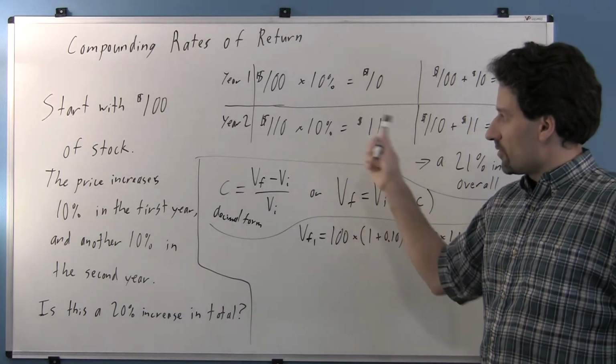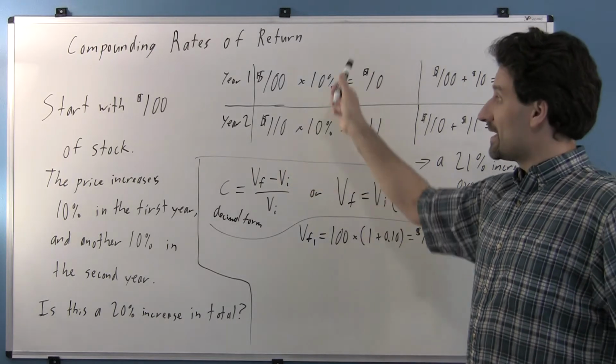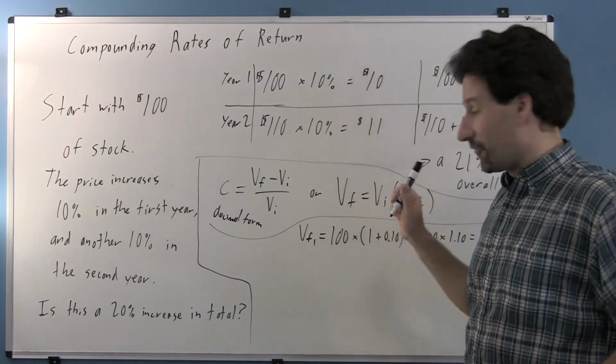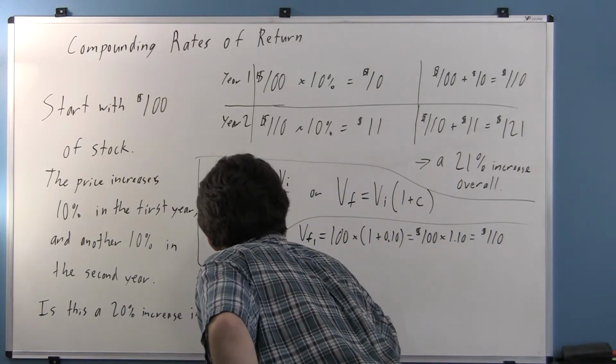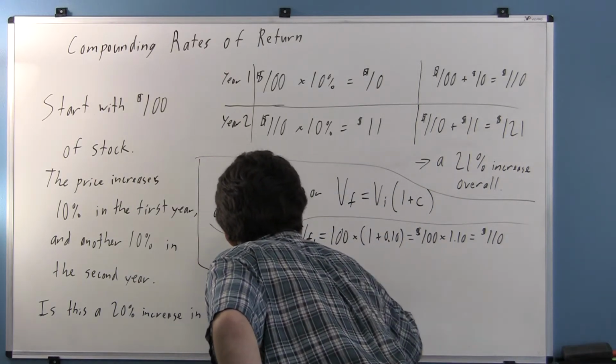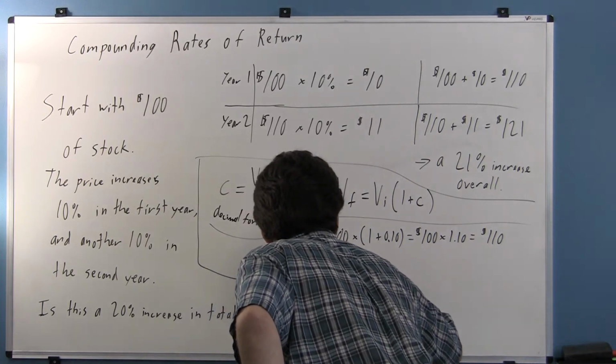Let's look at year 2. Now year 2, our starting value is the end value from year 1. Let's write this out here. So V final 2 equals V initial 2 times bracket 1 plus